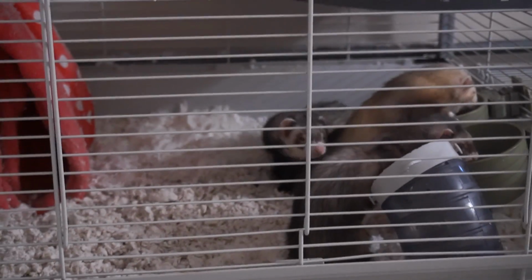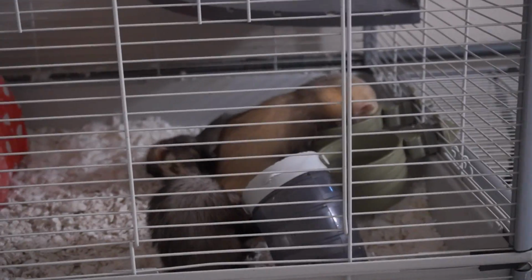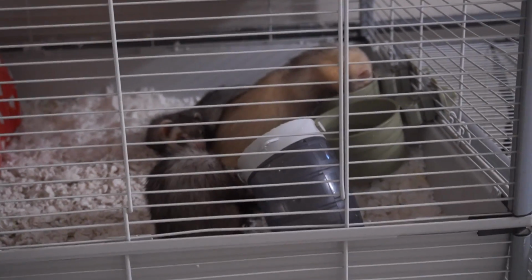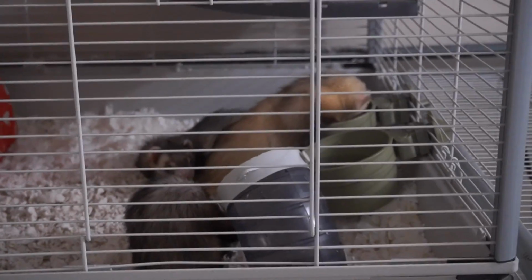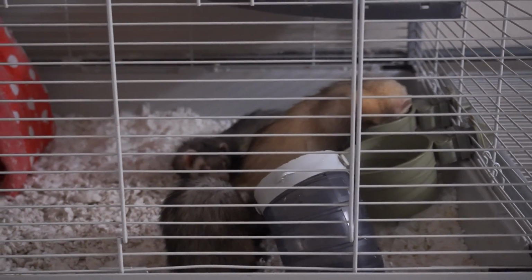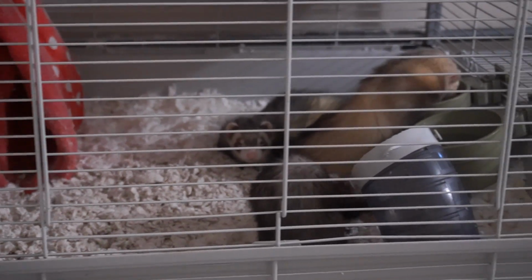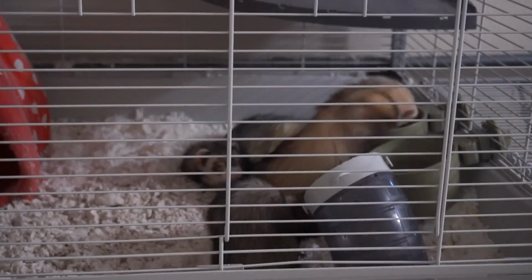Oh wait, no, I tell a lie. Niffler's awake. Now, something I'm going to have to do is probably move the other food and water bowl from Noodle's enclosure into this one, because with 3 ferrets, the food is going to go down much faster. And as you can see, Noodle buries his entire face in the food bowl, whereas Dobby and Niffler each take a side because they've always shared. So that's going to be something I have to be cognizant of, always leaving much more food than is necessary so there's no